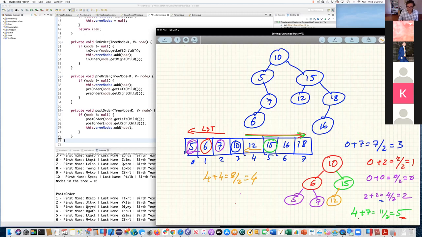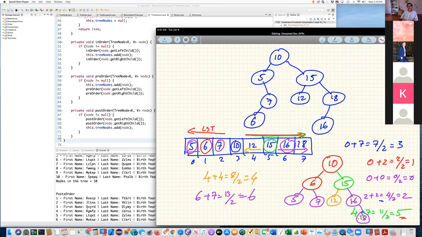Right? And if I go visit the right subtree here, that's the right subtree. 6 plus 7 is equal to 13, divided by 2 is 6. So this is going to be the right child of 15, which has no left side, right? There's no left subtree here because there's no more elements there. And then his right subtree is going to be 18. And now I end up with a balanced tree. Again.